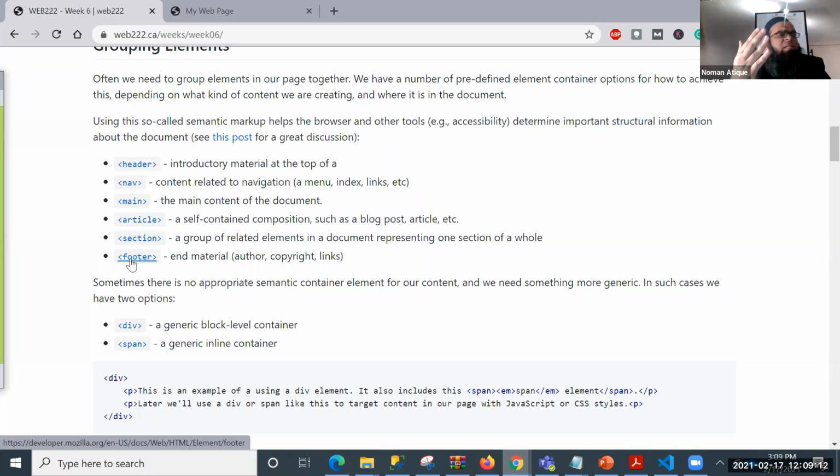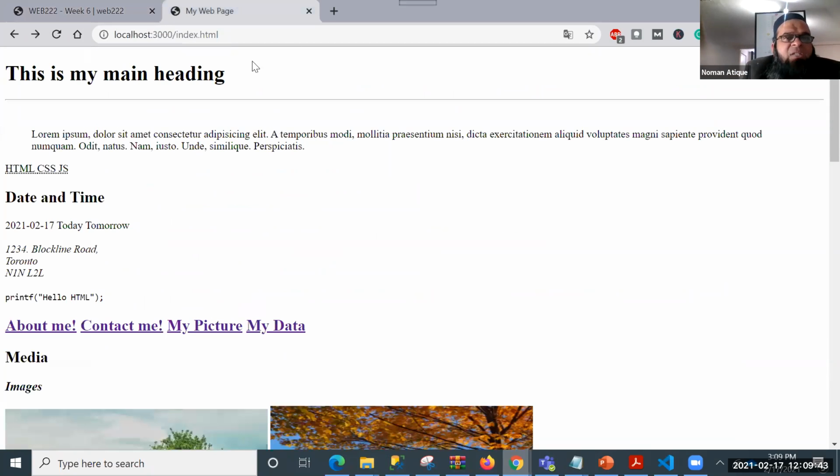And then talk about something else, header. When I say header, you will say, oh okay, head is the part of HTML which is not shown on our web page other than the title. So header will be something at the top of the page, right? Top of the page. Then nav comes from navigation. Do you think that navigation will have something else? No, nav means content related to navigation. So whenever I read the nav tag, I'll be talking about the navigational links there. Then main, then article.